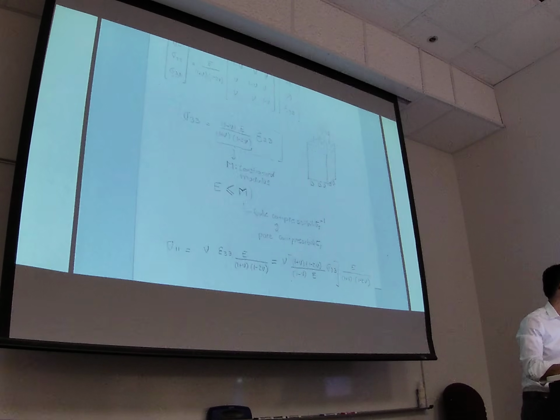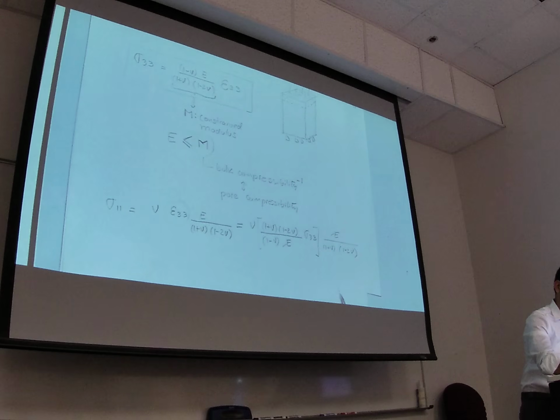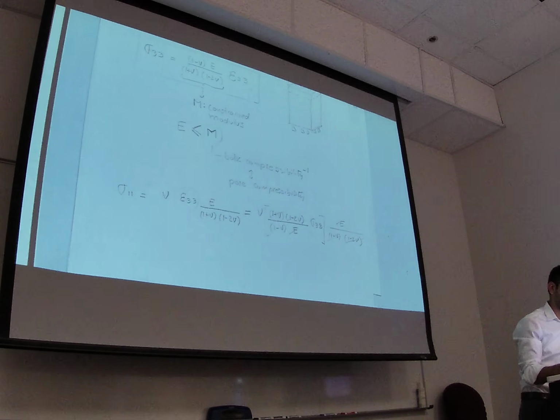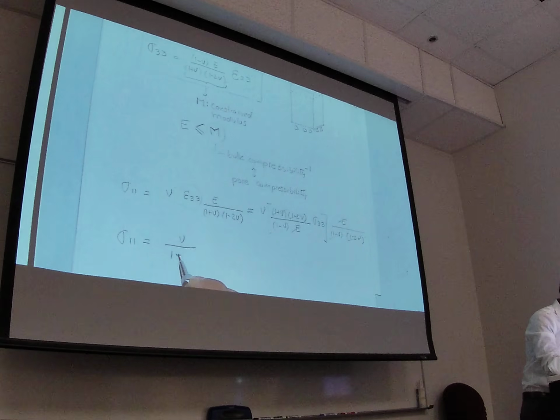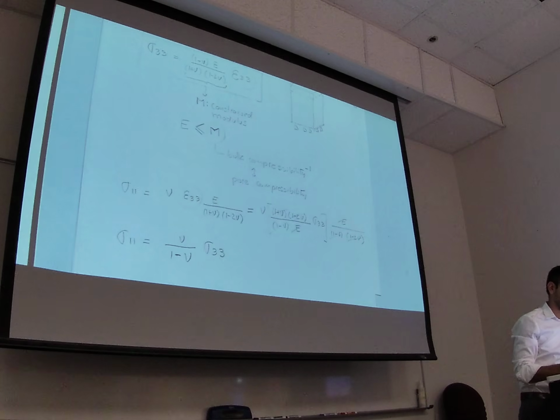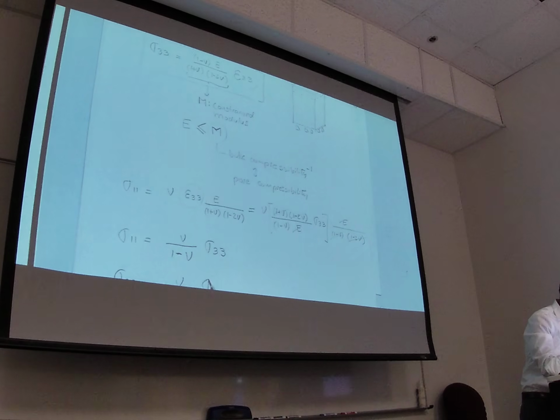And if you notice in this equation, I have Young modulus here, Young modulus there. I have these terms with Poisson ratio, numerator and denominator. And the only thing that survives out of that is that sigma 1,1 is equal to Poisson ratio over 1 minus Poisson ratio times sigma 3. And I can do the same for the other direction, and it's going to be exactly the same. And tells me that